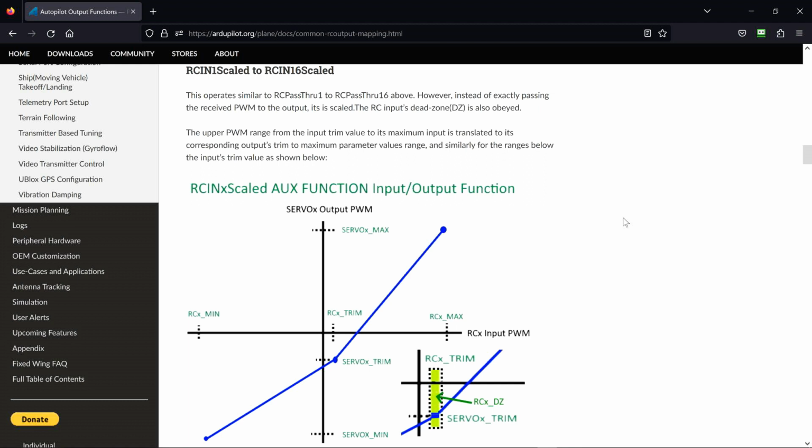Sadly, this is the entirety of the information available in ArduPilot, ArduPlane, probably ArduCopter, boat, sub, all of that documentation. And it discusses both RCx and servoX. And if anyone can explain in detail the relationship of RCx and servoX, or fully explain this graph to me, I would love to hear it. Point me towards the video. School me,